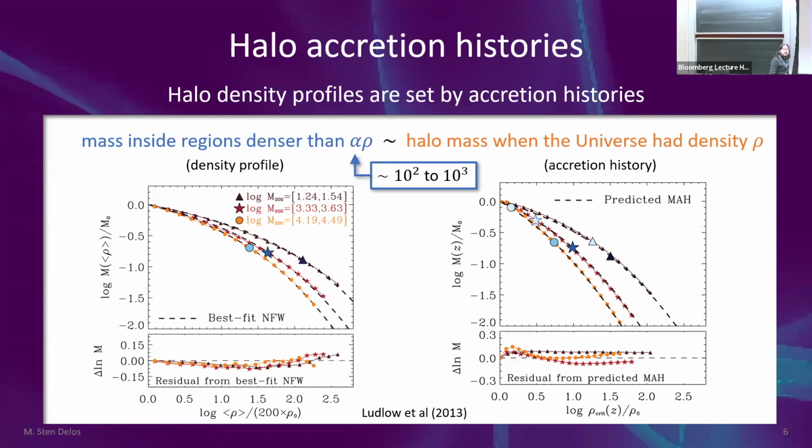I'm just wondering, to make this plot, I'm confused how you actually make this. Is this alpha entering into this plot? No. So that's a conclusion from here. But when you made it, did you have to pick an alpha? No, no. I thought that the M that you're plotting on the left-hand side plot is defined as the mass inside regions above the density. So you are using alpha 200 in the left. No, so this is mass inside regions. So